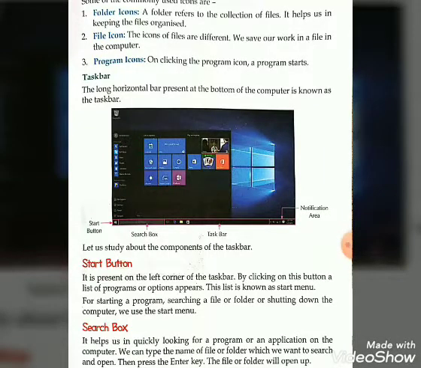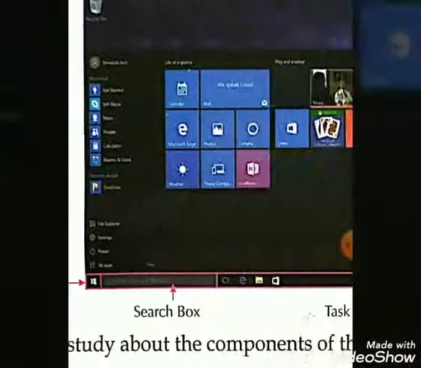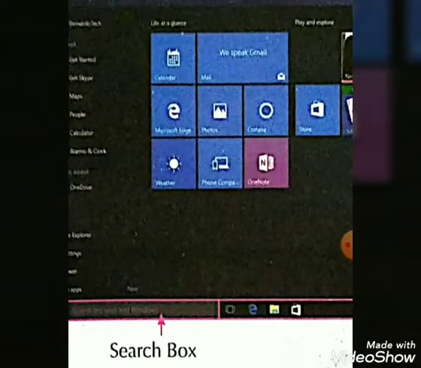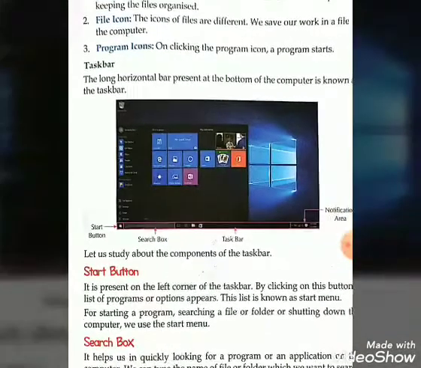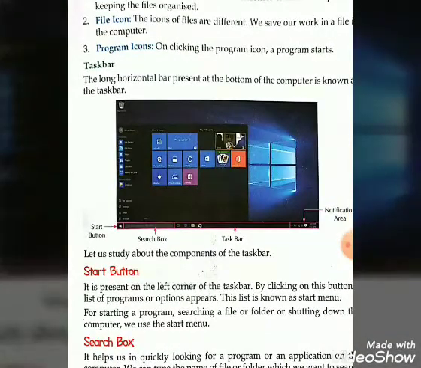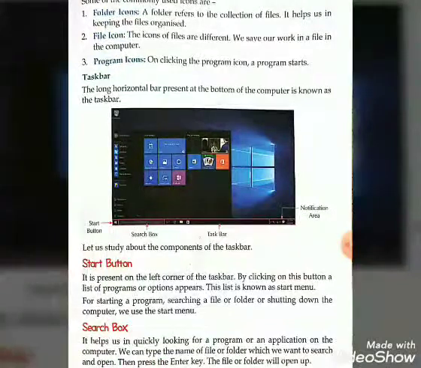Now we are going to study about the search box. This is the search box, you can see. I'm going to zoom it a little bit. What is the work of the search box? It helps us in quickly looking for a program or an application on the computer.